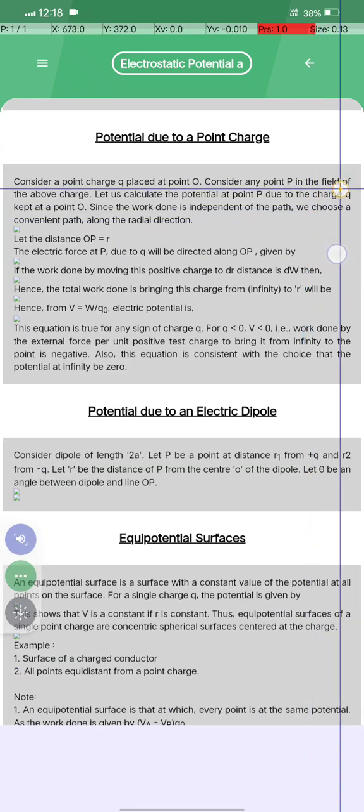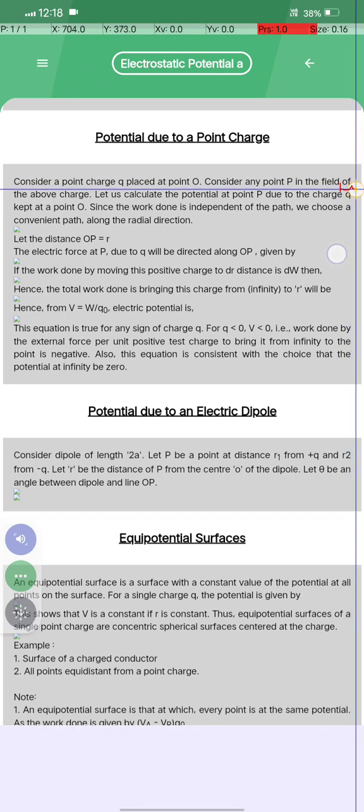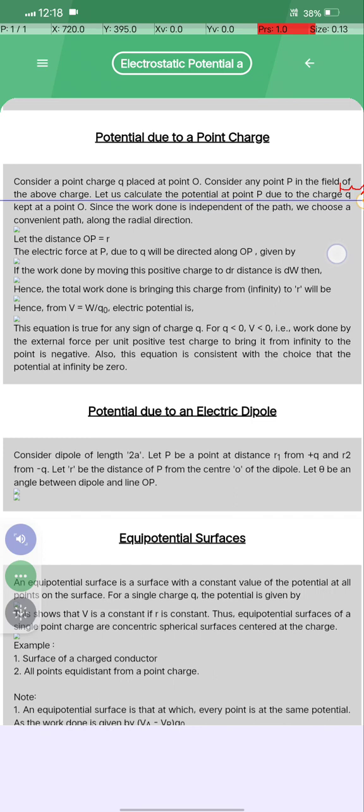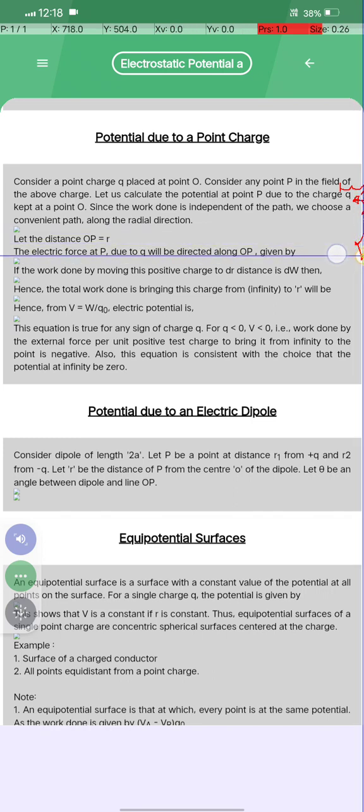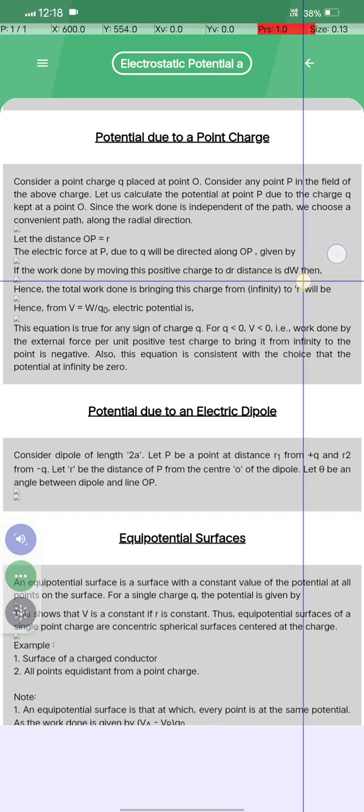Consider a point charge Q placed at a point O, and consider any point P in the field of the above charge. Let us calculate the potential at point P due to the charge Q kept at point O. Since the work done is independent of the path, we choose a convenient path along the radial direction. Let the distance OP be equal to R. The electric force at P due to Q will be directed along OP, given by